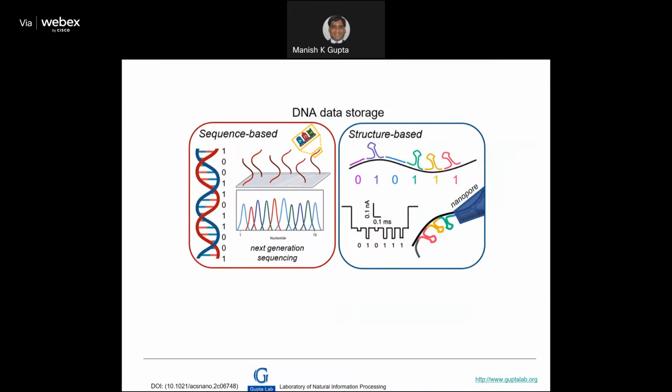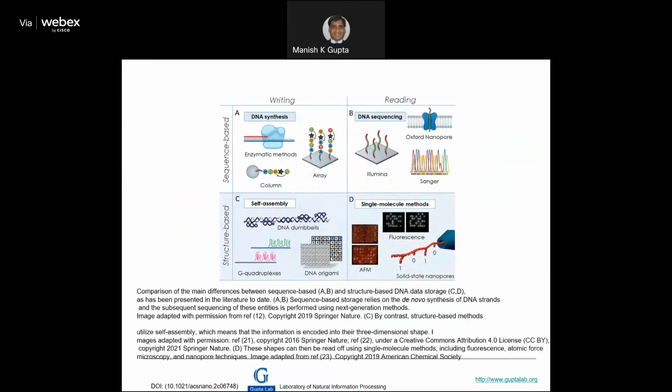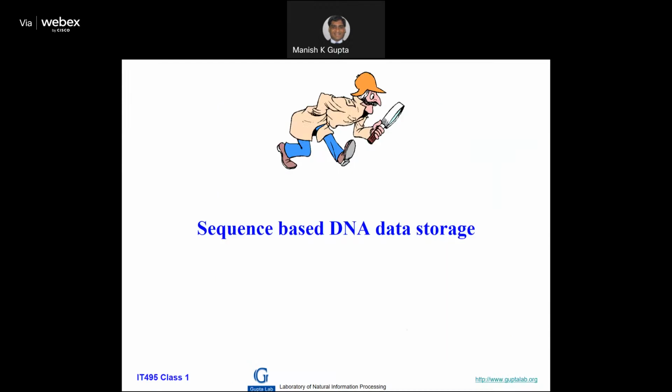Density, you will reduce it by up to 30%. So here 1 gram can store 455 exabytes. There we don't have that much flexibility, it will reduce by 30%. Okay. But still, there are certain benefits in that technology. So both of these two things are emerging. But here it is very fast rewritable. In the sequence-based approach, rewriting is a difficult task. So these are two technologies. I'll discuss these things later on.